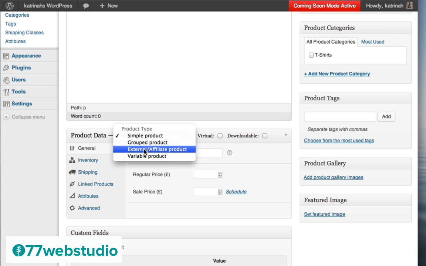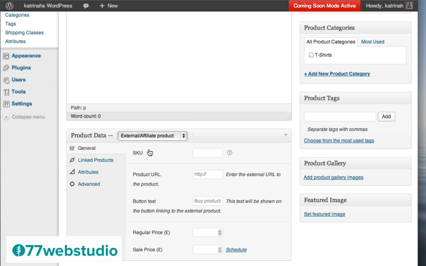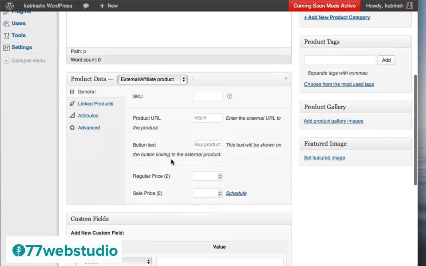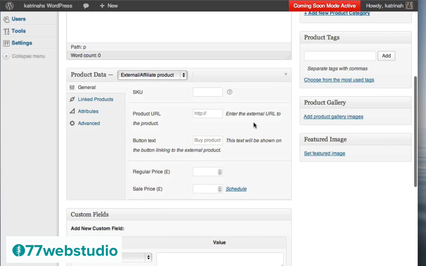I'm often asked, how do you add an external affiliate product? Well, if you click on this link right here, you'll note that here are all the different attributes that you can fill out related to external affiliate products. The most important thing right here is you would enter the external URL of the product. You would enter that right in this field right here. And then you can change the button text title if you'd like, and you can set the price and any sale prices. So if you want to add an external affiliate product, this is the section you would do that in.